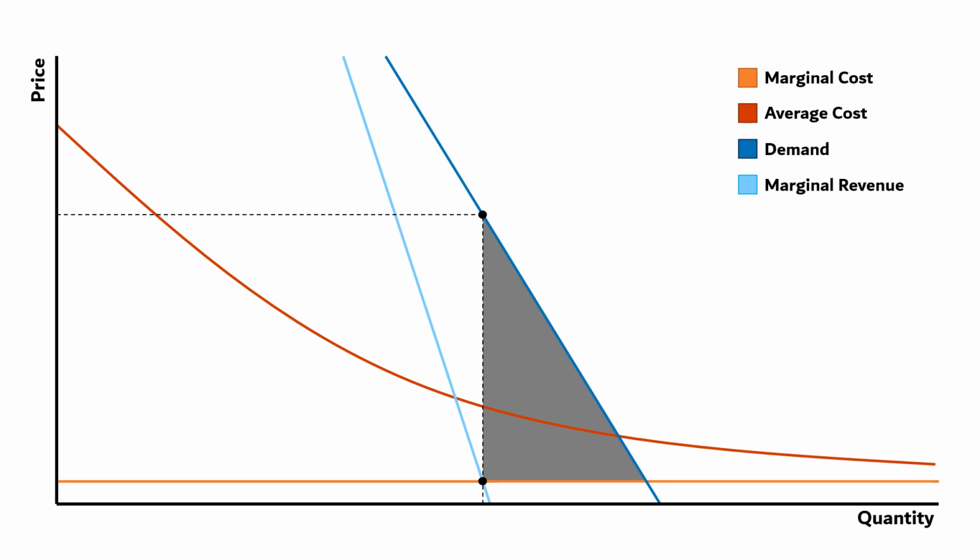If this is the power company, we would expect them to severely limit how much energy they produce and sell, since that would allow them to charge a very high price for it. But this is not what we see. Energy is actually pretty cheap. That's because governments tend to regulate natural monopolies to prevent them from charging a high price by setting a price ceiling. So, where should we set the price ceiling?